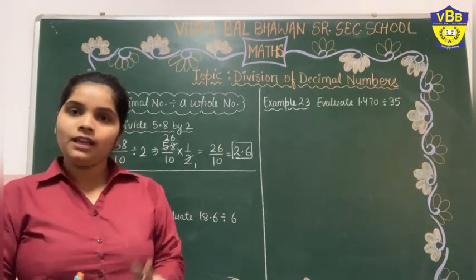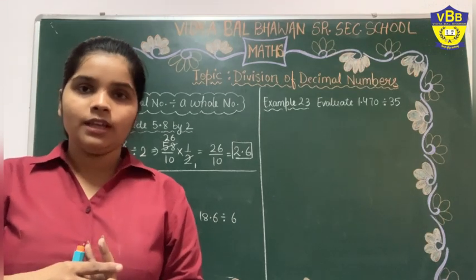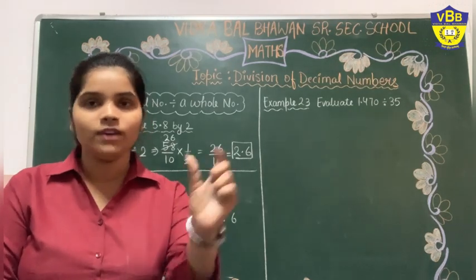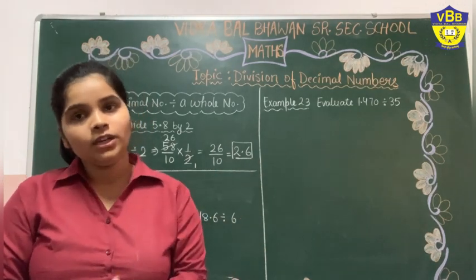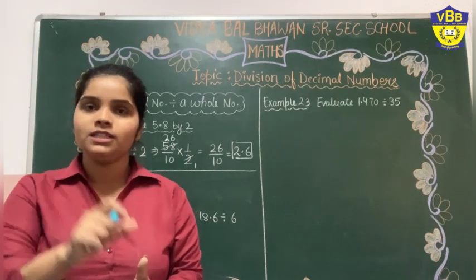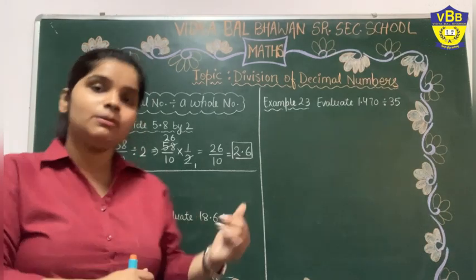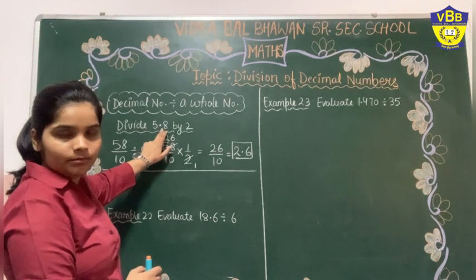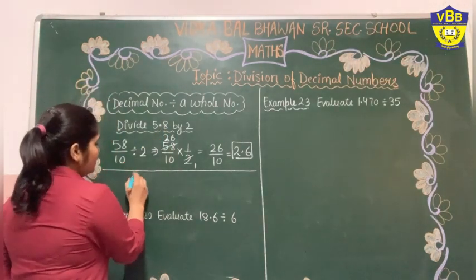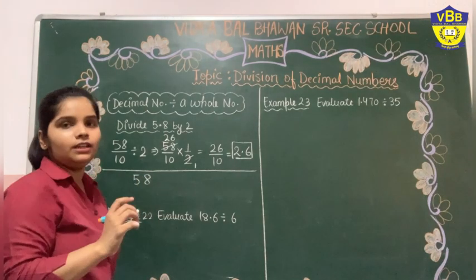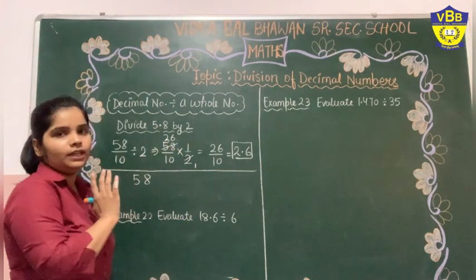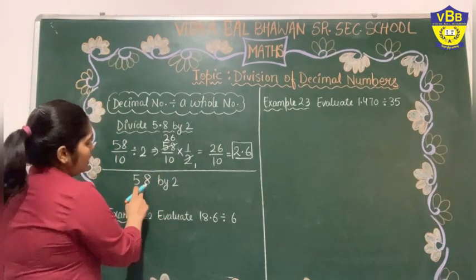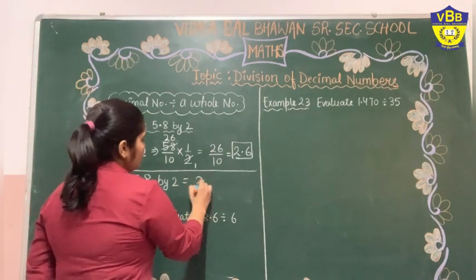So now we can have a second method also. As we were doing in multiplication, we initially ignore the decimal and then find the product. In the final product, we place the decimal after the decimal places the question is having. So similarly here also we can do that. Ignore the decimal placed here. Like 58, it will become 58 after ignoring the decimal of this 5.8. Divide 58 by 2. Simple. When we divide 58 by 2, the answer will be 29.